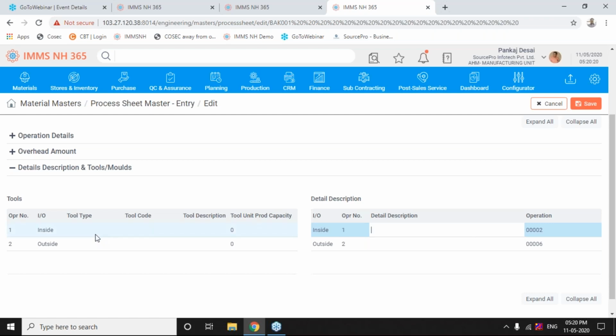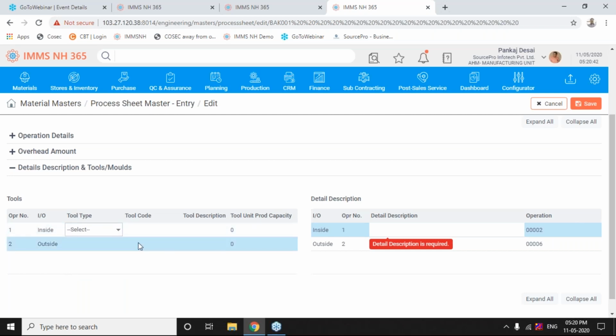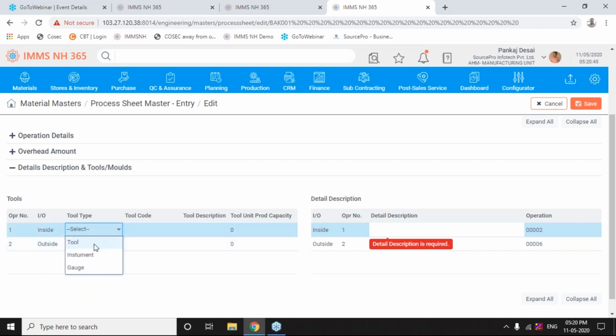Not just that, to perform this operation on this work center, if I need any tools, I can specify that here: that I need this tool, this instrument, or this gauge. This much precision and this much facility our system provides, which we believe is unique in its kind. Which tool, instrument, or gauge you need to carry out this operation,